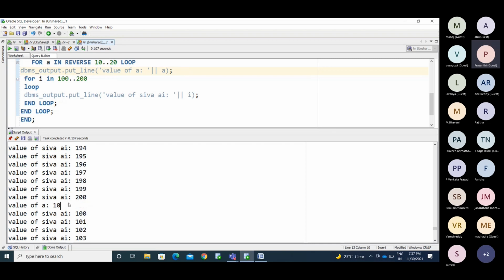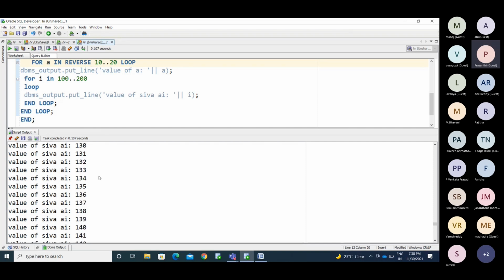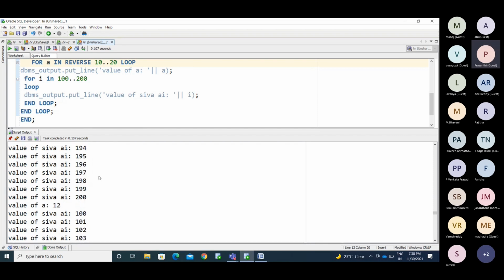Now the value is 10 because we used the reverse for loop in the upside, going from 20 to 10. If you want to observe that, check in different ways. The value of A is 12. If you go upside, the value of A increases.